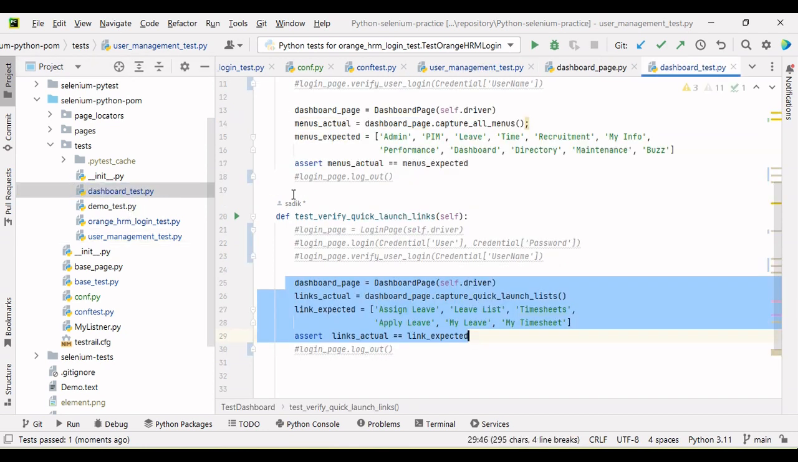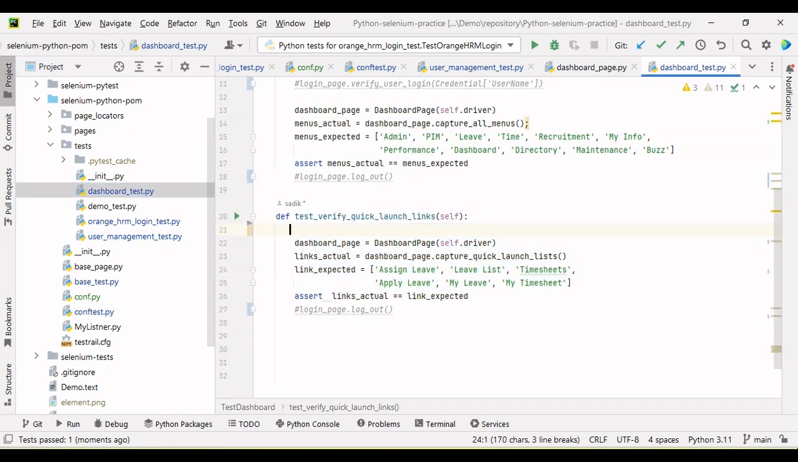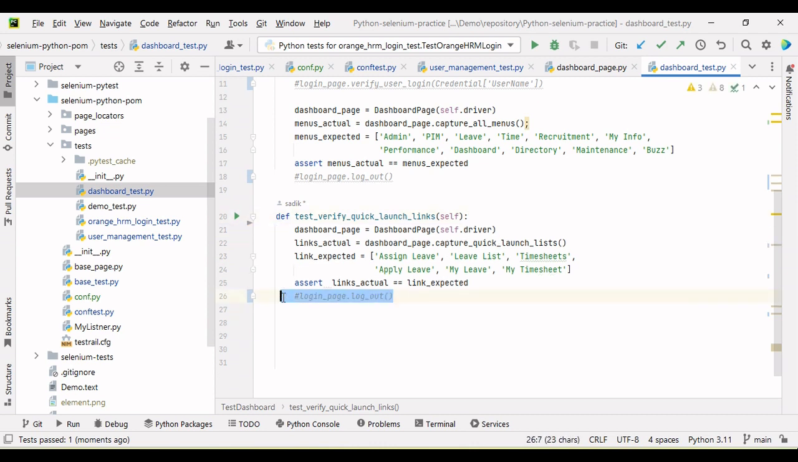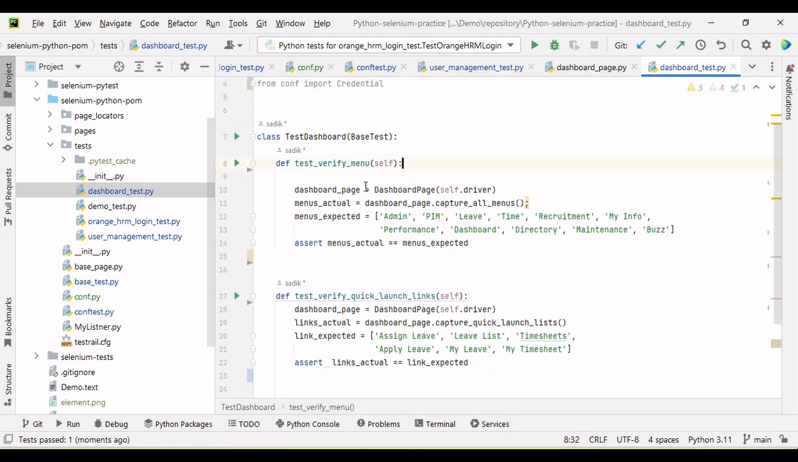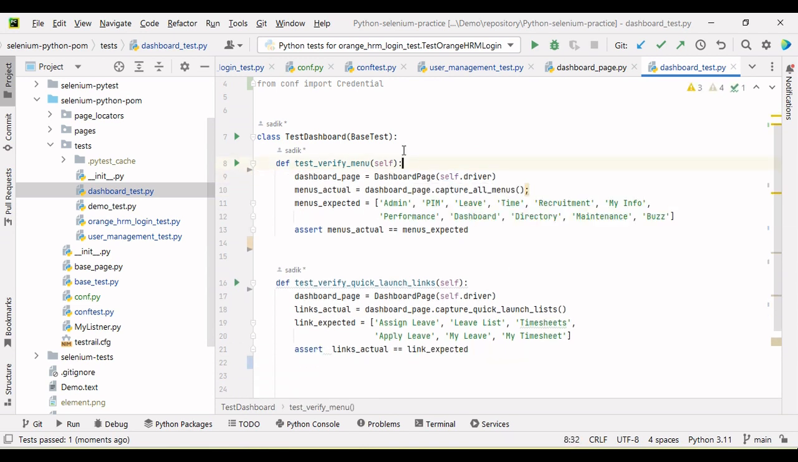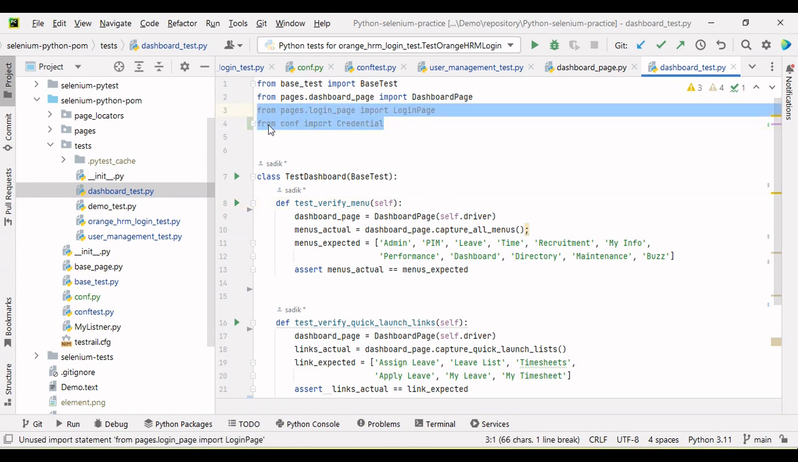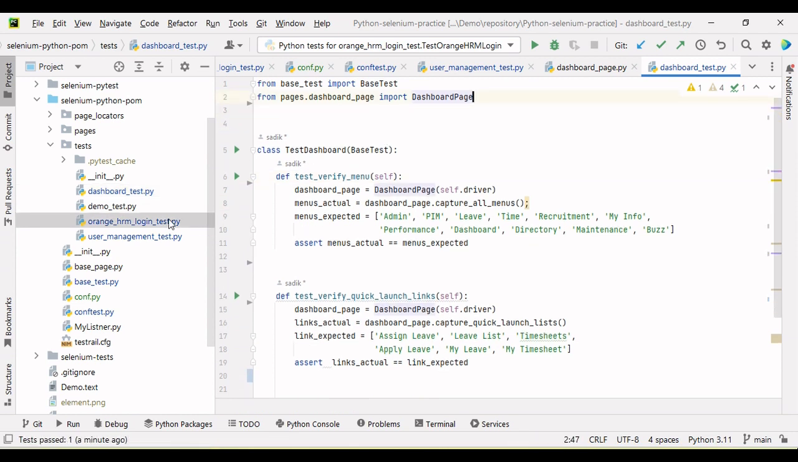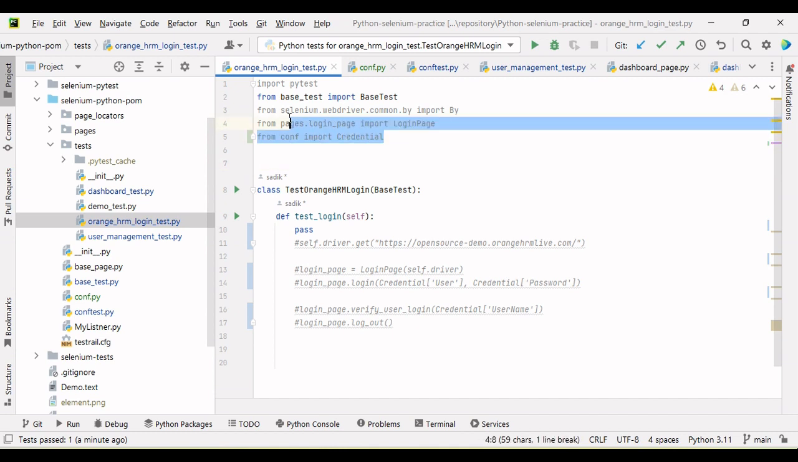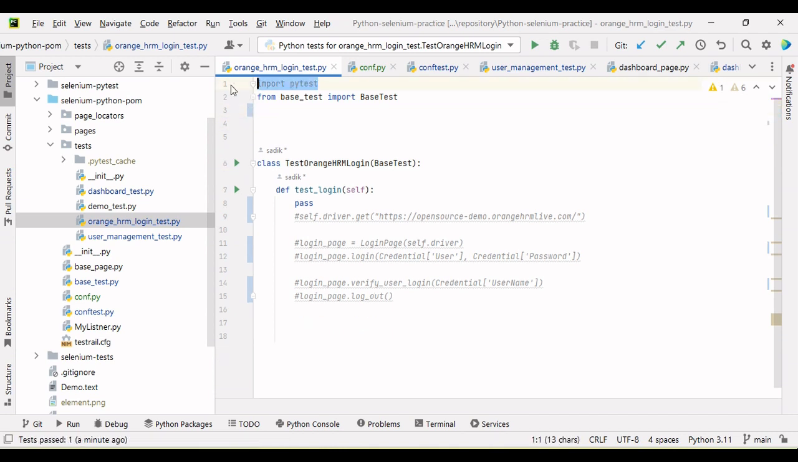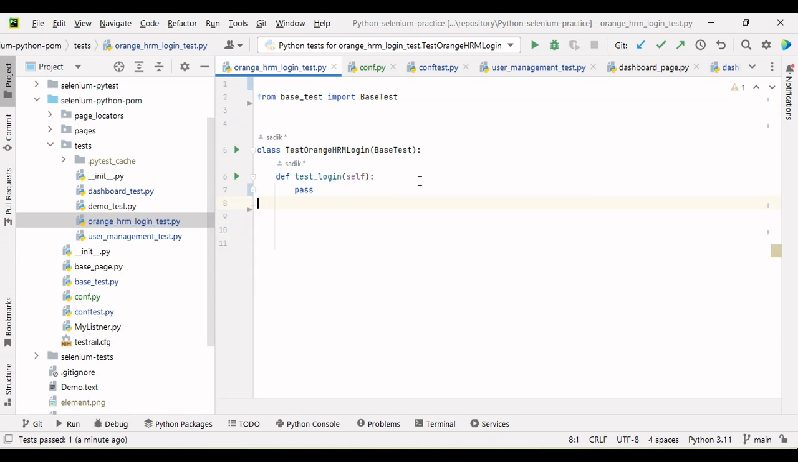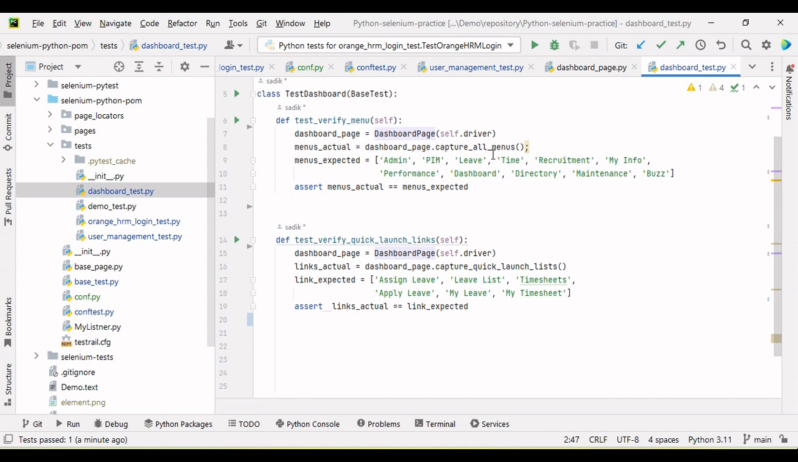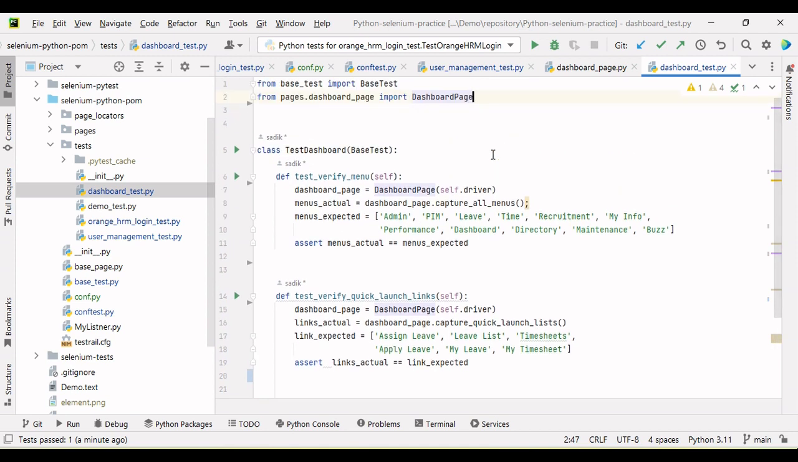and go to the other test. Remove this. Remove this also. And we can also remove the import. No need now. Okay, so the number of test steps are reduced now from the test script,